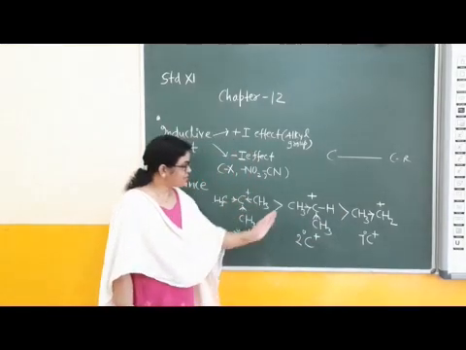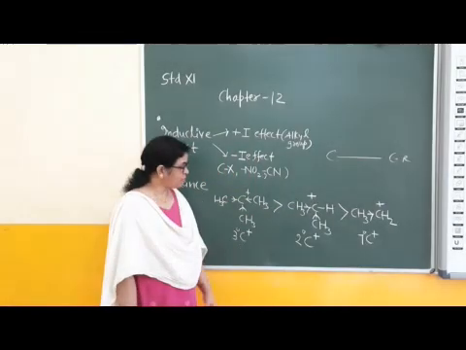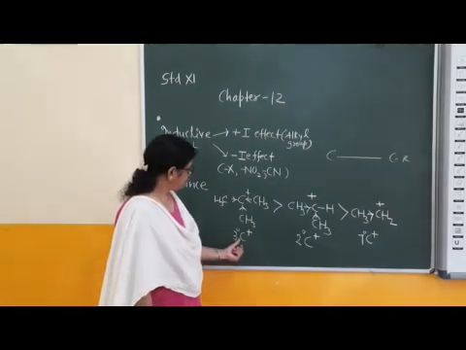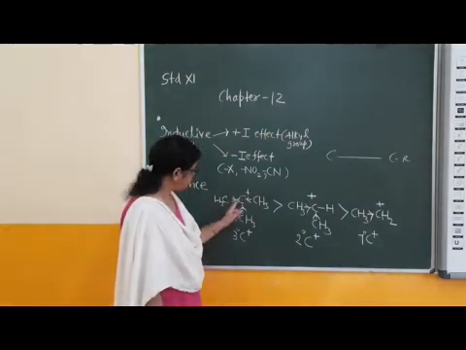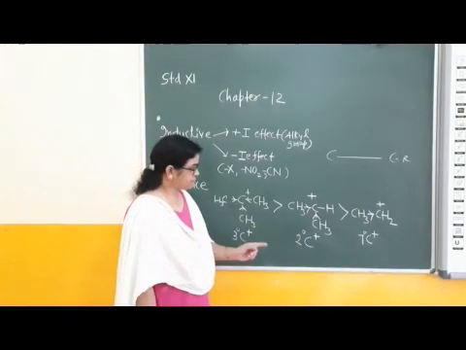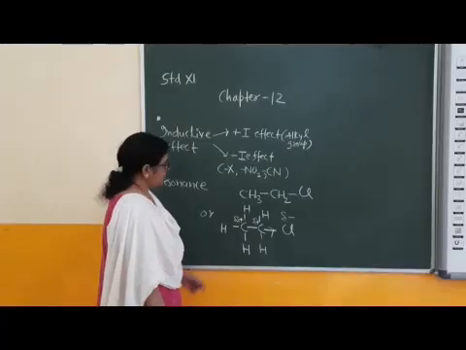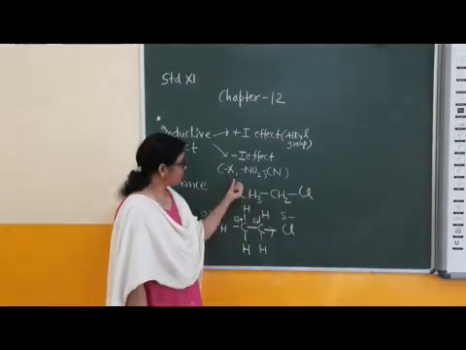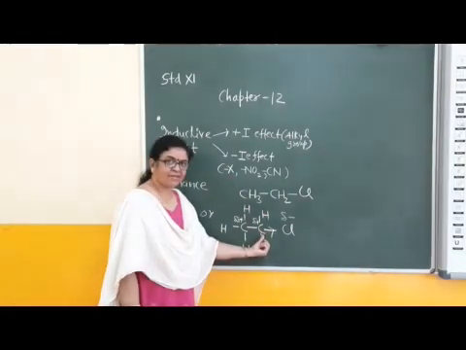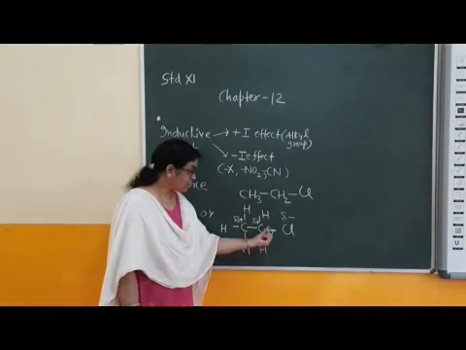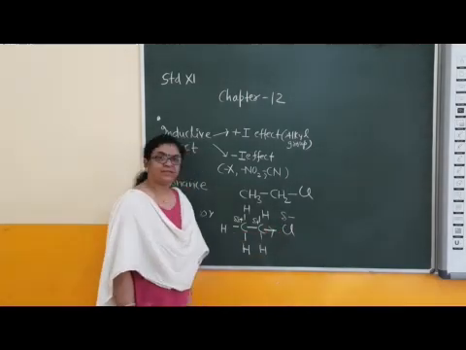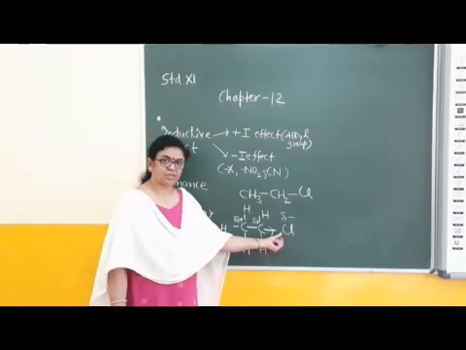This is the decreasing order of stability of carbocation: tertiary, secondary and primary. Now, second is presence of an electron withdrawing group, which is a halogen group, with this terminal carbon atom. This direction of arrow shows shifting of sigma bonded electrons towards the most electronegative atom or functional group, right?